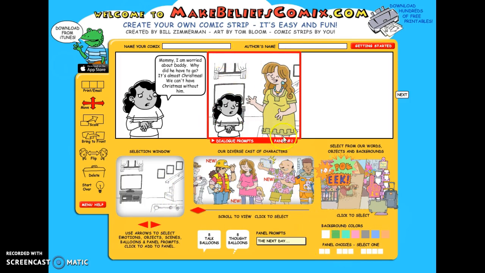So that I could add them into a background that they're at home. And then again, to get to my next frame, I'm going to want to click back over there and add